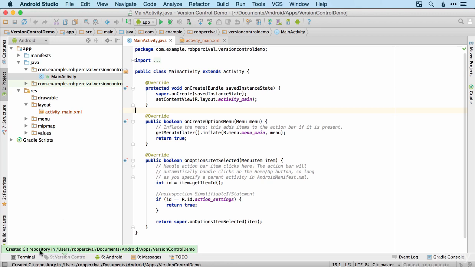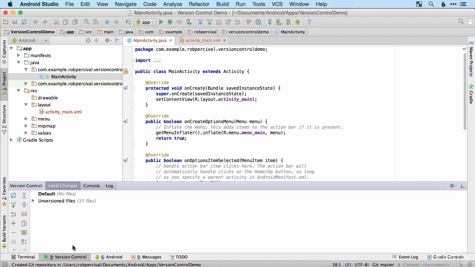And there we go. So already we now have a Git repository in our app folder, and this will then save all of the versions of our app that we work with. So how do we set this up? Well, first of all, you'll notice that everything is red at the moment, and this is because we haven't added anything to our version control repository. So if we just click on version control there, we've got nothing in default there, but we've got 35 unversioned